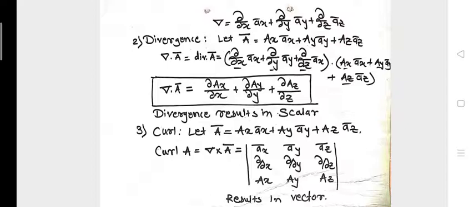Next is curl. So when del operates on a vector quantity with a cross product, we call it a curl. So let us once again take a vector a bar is equal to ax a bar x plus ay a bar y plus az a bar z. So curl of that vector is equal to del cross a bar is equal to, in determinant form, all the unit vectors arranged in the first row: a bar x, a bar y, a bar z. In the second row, the x y z components of the first vector, that is dou by dou x, dou by dou y, dou by dou z, and the x y z components of